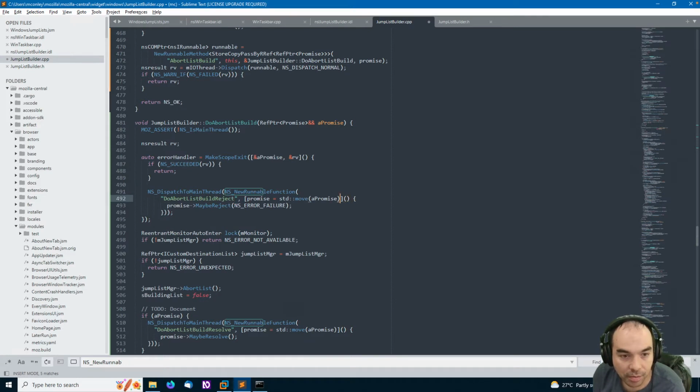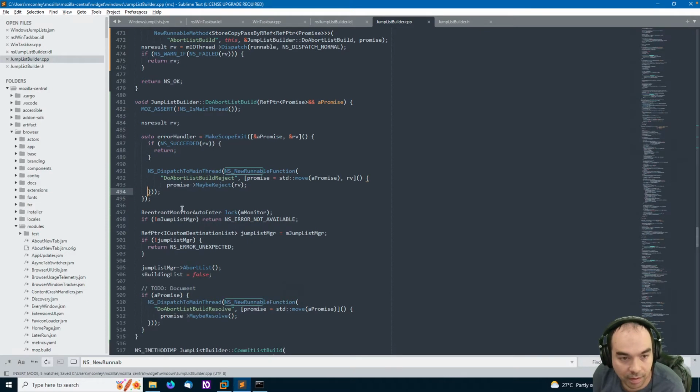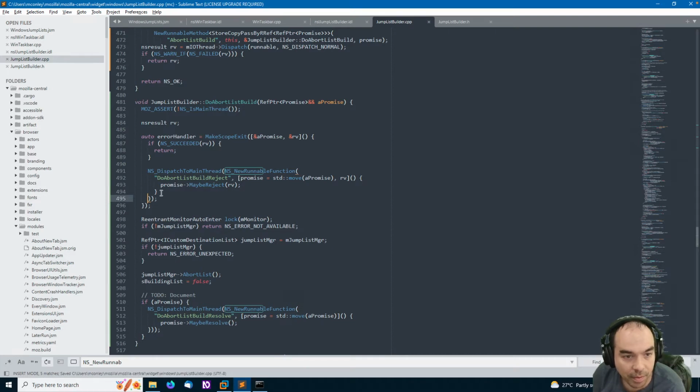And we're gonna move. We're also gonna capture the RV. Promise reject RV. Clang format, something, something. Okay. Actually, like that. I don't know how Clang's going to want to format that.